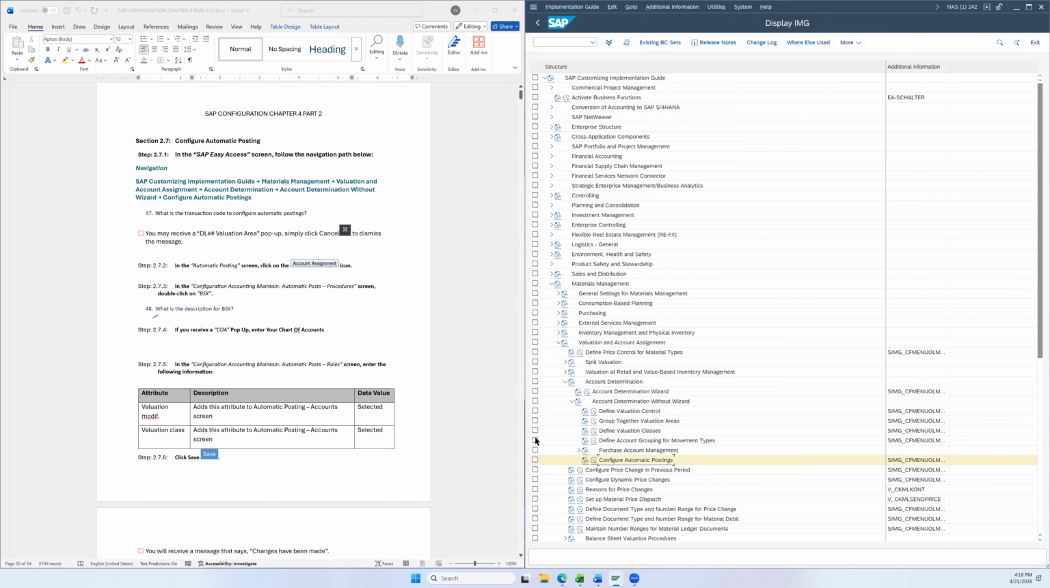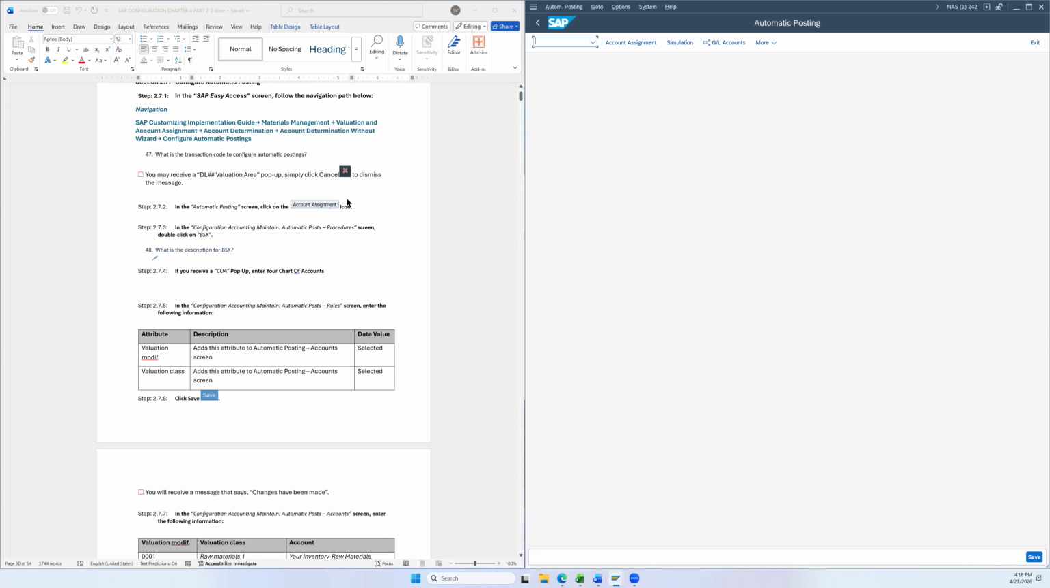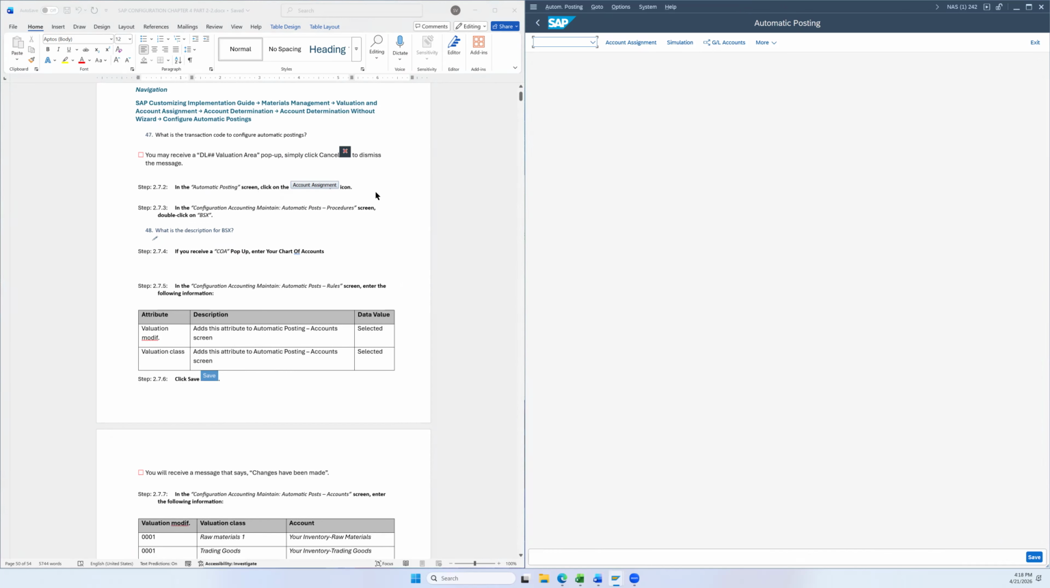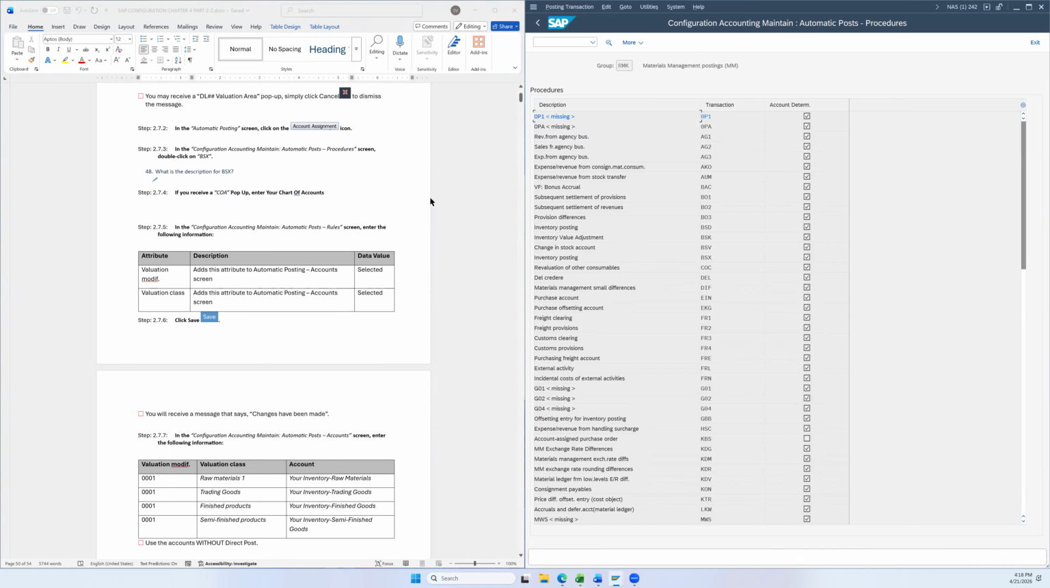All right, so let's go ahead and enter this menu by hitting that clock. You may receive a valuation pop-up, which we did not, and if you did, we can just close it down. In the automatic postings, click account assignment, which should be right up here. And in the configuration, maintain automatic postings procedures screen, double click on